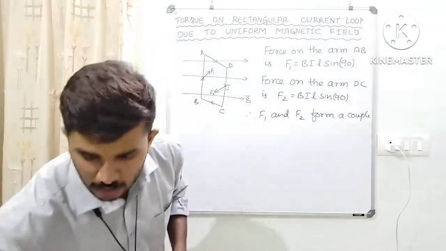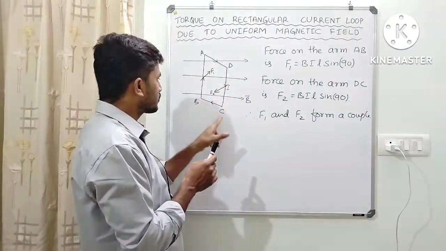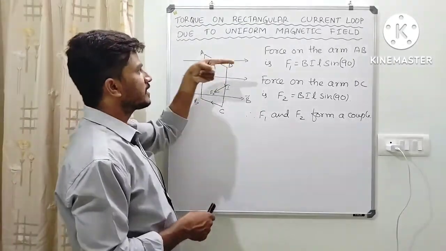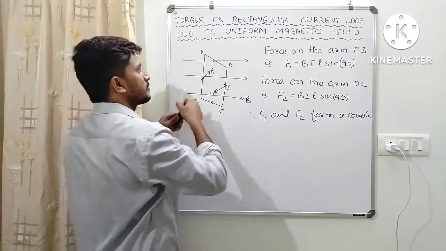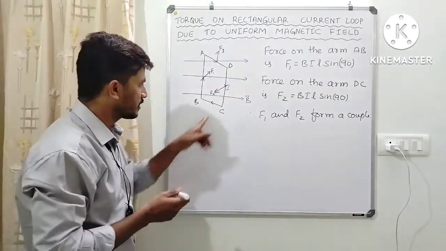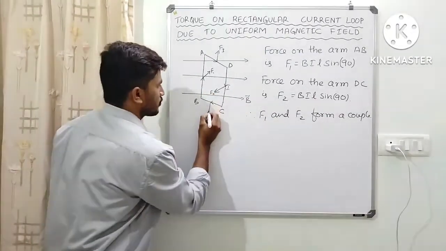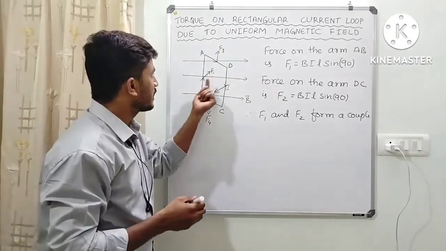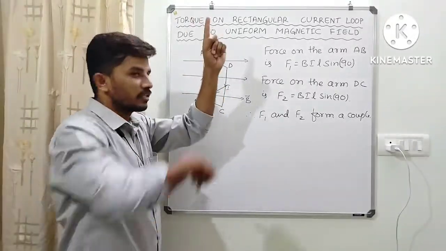Okay, now, not only those two arms, we have two more arms. What is the force acting on AD and what is the force acting on CB or BC? So here the direction of magnetic field is like this, the direction of current is like this, the force acting on AD is upwards. Let me consider this is F3. What about this? Direction of magnetic field, direction of current, force acting downwards. So here force F4 is downwards. So F1 is into the plane of the board, F2 outside, F3 upwards, F4 downwards.